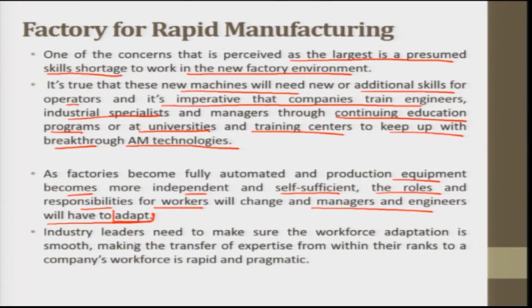The industry leaders need to make sure that the workforce adaptation is smooth, making the transfer of expertise from within their ranks to a company's workforce rapid and pragmatic. Because we are talking about rapid product development, we cannot have any leeway in the skills as well. We cannot allow any weak points here. So this is all supply chain management that we are talking about, where human resource is also one of the